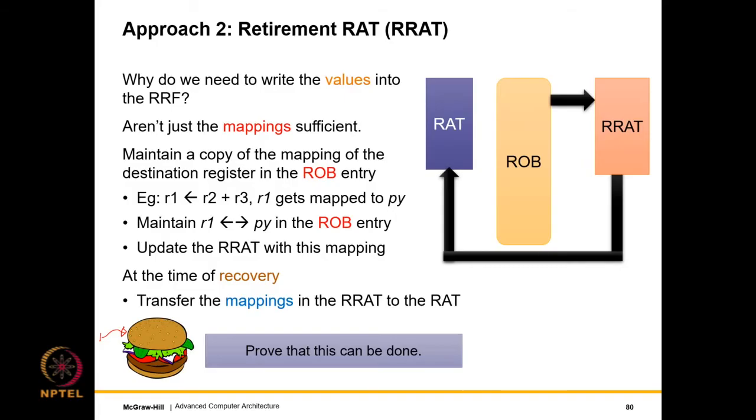Well, actually it does. So much of the out of order logic and the rename table logic and all the other things that we have been discussing, we pretty much tossed out all of that in the previous design because it was so simple. It was simple and inefficient. It turns out that we can make the design far more efficient if we simply realize a couple of things. First, let's ask a question. Why do we need to write the values into the RRF? What is the need, right? The values are anyway there, correct? So the values are anyway there.